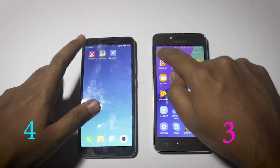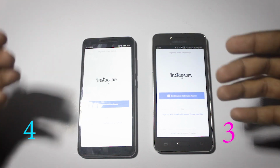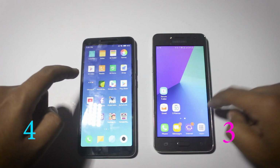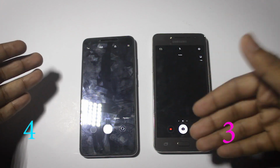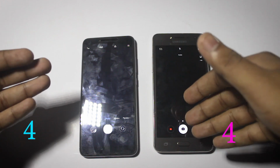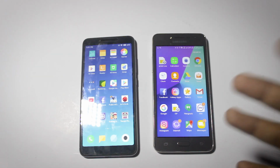Now let's open Instagram on both of the devices, and it was quite identical, like both of the devices loaded it at the same time. Now let's open the stock camera application, and looks like the J2 one was the first to load, but they were almost similar. So the J2 here is actually a pretty good device, and it performs a little bit better